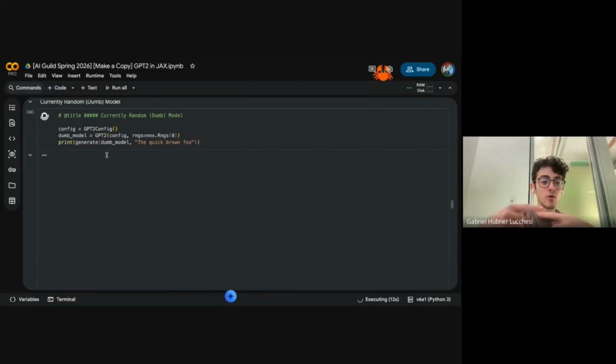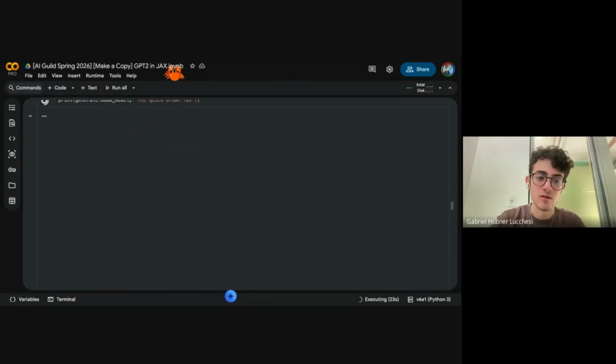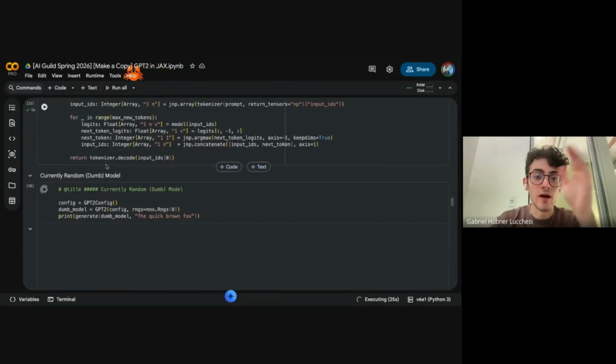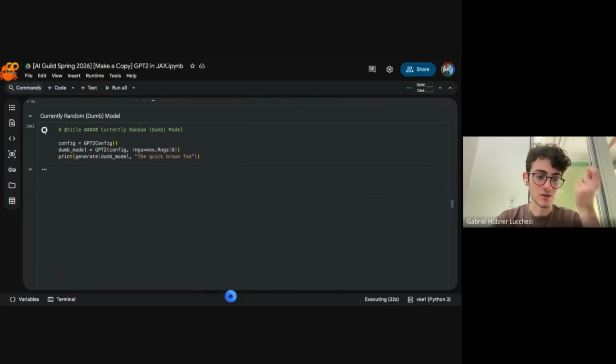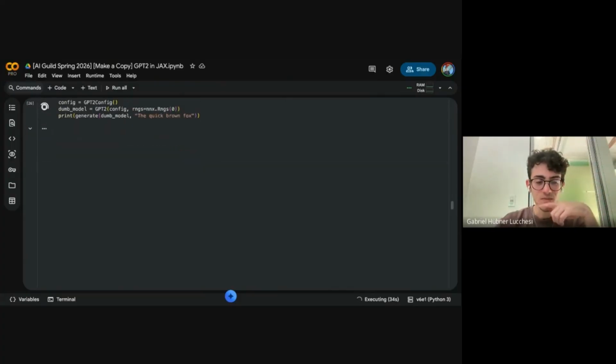But essentially now the model is generating autoregressively, and autoregressively means every token is generated once, so we do a full pass of the model for every single token. It takes a little bit, even if we're working on a TPU. But this is a random model, so every single parameter in the GPT model is basically random. So it's not actually a good model. It's just going to generate jargon.